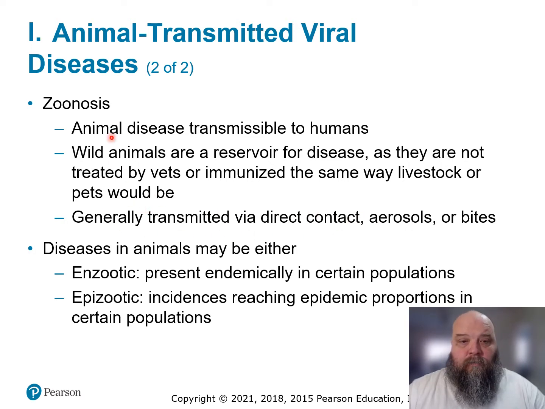How we get these zoonoses: direct contact, okay? Direct contact means we're in close proximity. You're petting them, they're in and around you, in and around your living spaces. Aerosols, turns out we inhale a lot of things from animals. Just think about it. There are a few diseases that we're not going to talk about in this chapter, but I'm going to use as an example.